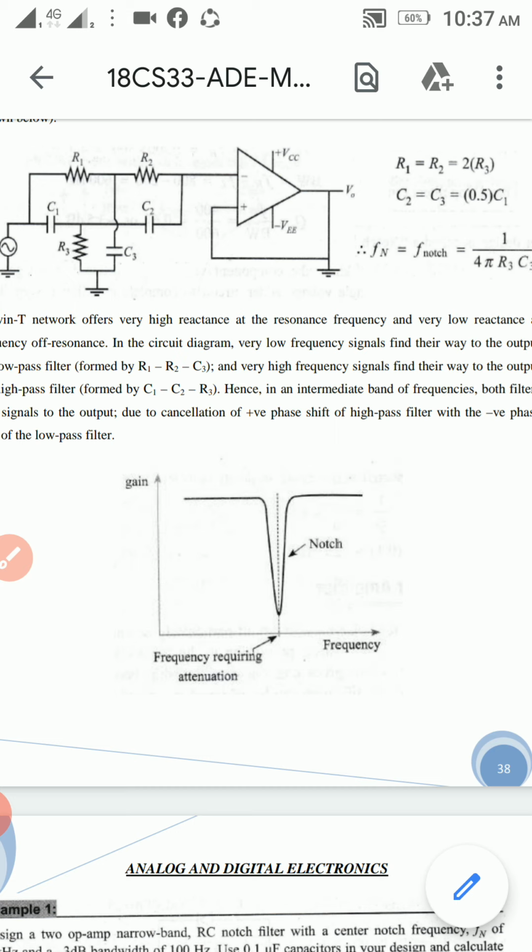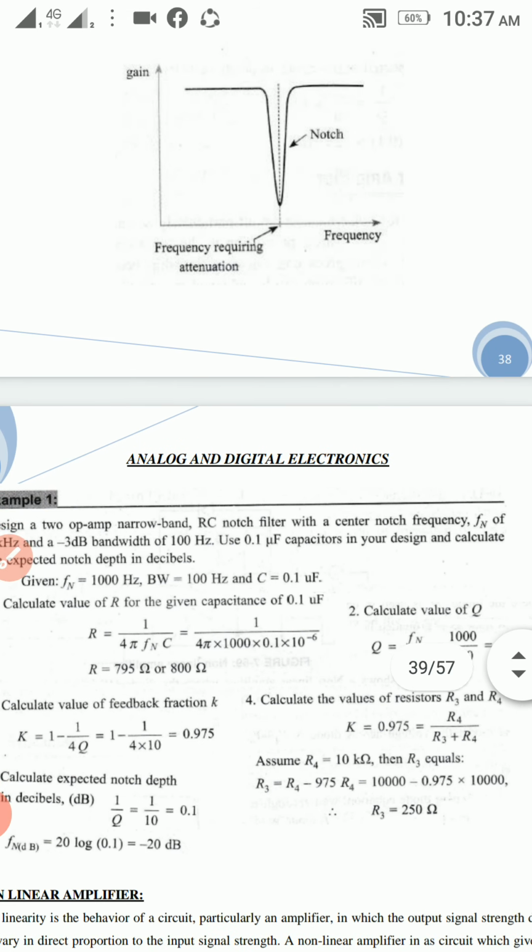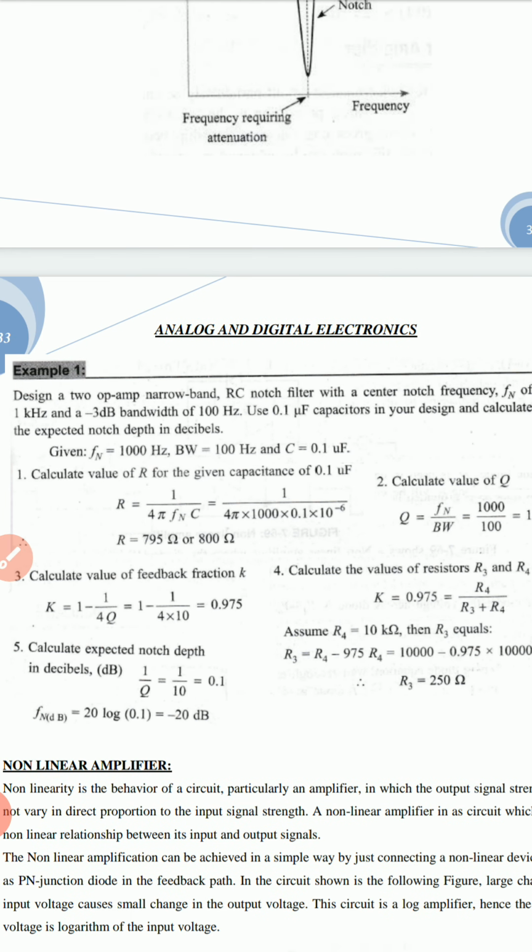These are the frequency related formulas we have to remember, and this is the circuit diagram. There is only an operational amplifier connected between the high pass and low pass filter paths. The high pass filter provides one set of frequencies, and the low pass filter provides another range of frequencies. But the notch filter will reject some set of frequencies as well as a single frequency. Next, the problematic part of that particular notch filter.